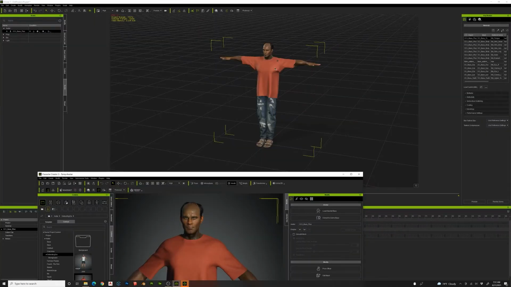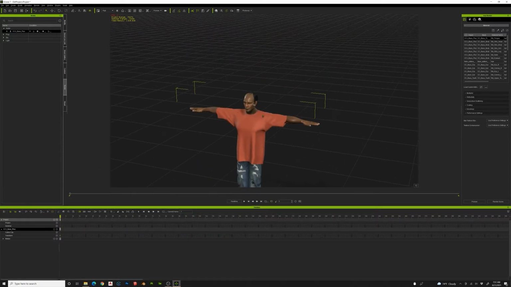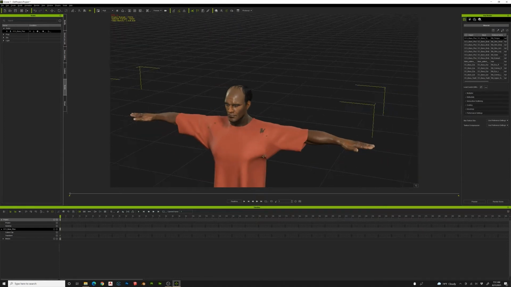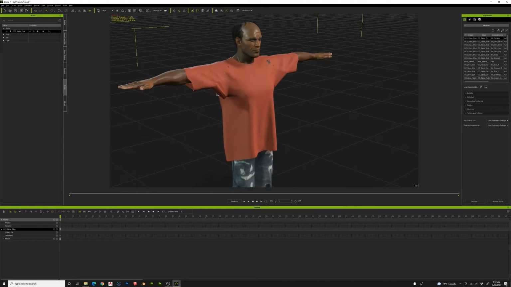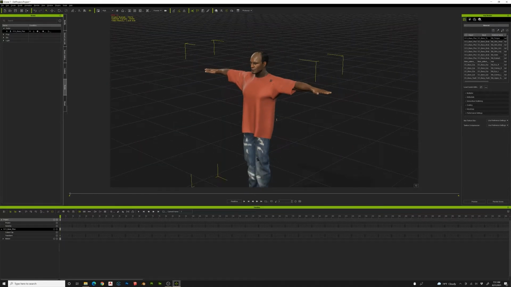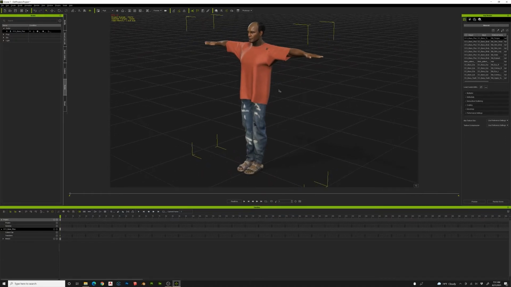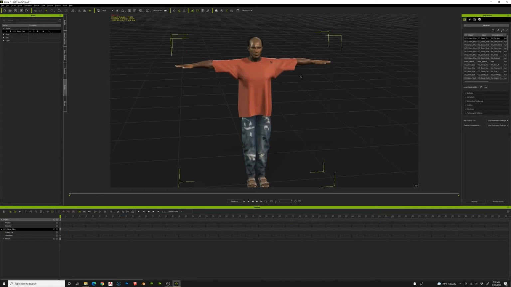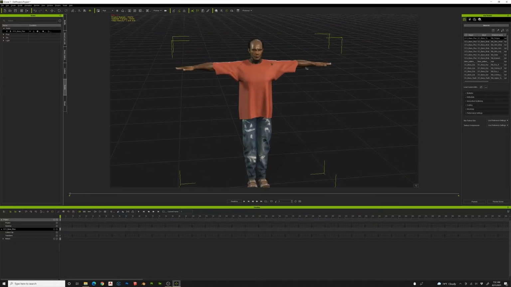All right, so you can see he goes into a T-pose here. I'm just going to go ahead and close Character Creator. And you can see already that we've got stretching, some stuff poking through. Just based on his pose here, you could go through and clean up all the cloth weighting and all that kind of stuff on this character, or you can just ignore it for now, and then we'll simulate all the cloth inside of Marvelous Designer. So we're going to start with him being in a T-pose, and then we'll go to